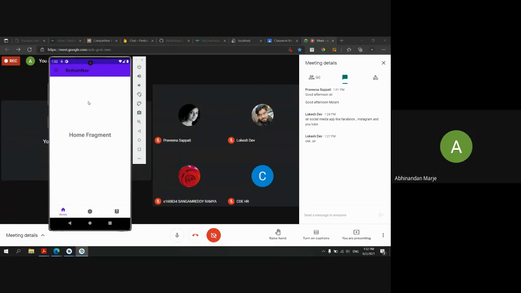Let's say my first hotel is the Hotel Taj Mahal, and my second hotel is Hotel Raghavendra. When I click on the book now button on the Hotel Taj Mahal, in the second item, in the second fragment, I should only get the hotel name which I have selected. Okay, sir.